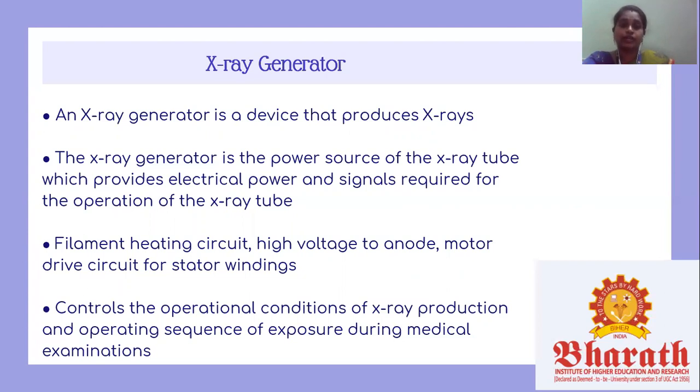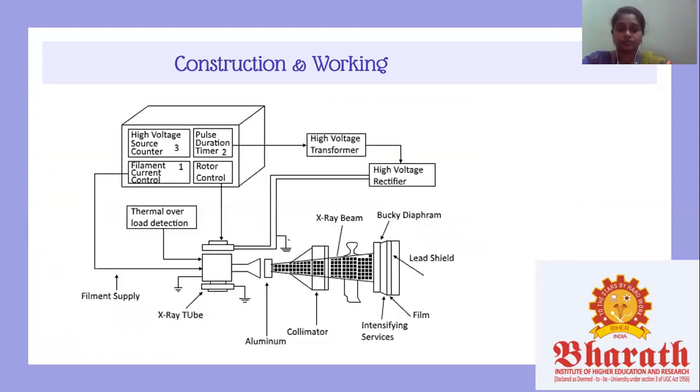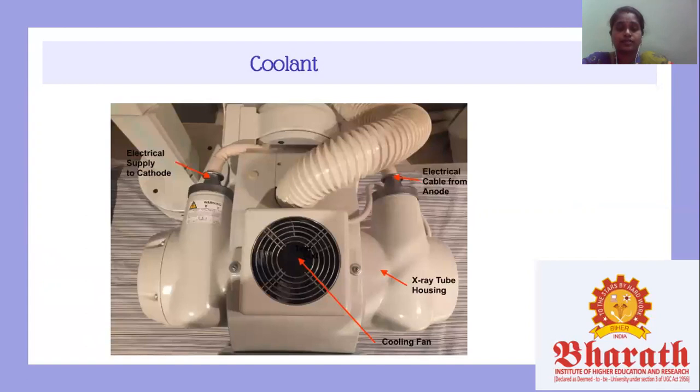The X-ray generator generally contains an X-ray tube to produce the X-rays, and it also needs to contain a cooling system to cool the anode. Many X-ray generators use water or oil, and some even use a fan, in order to dissipate the heat which has been formed. X-ray tubes are found in a wide variety of imaging devices like computed tomography, CT, and portable X-ray systems. As you can see here, they have used a fan as a cooling method.